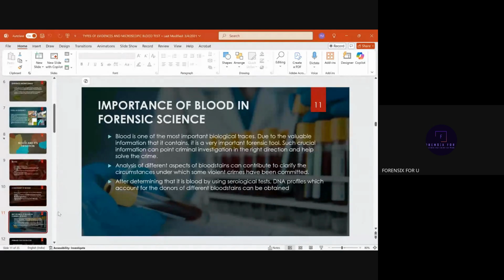You could also get the idea about the posture, the location, the angle at which the person who has died was standing. So you get a lot of idea by studying these patterns at the crime scene. You can identify the individual who has committed the crime by analyzing the DNA, and you can also identify the blood group and other basic aspects.